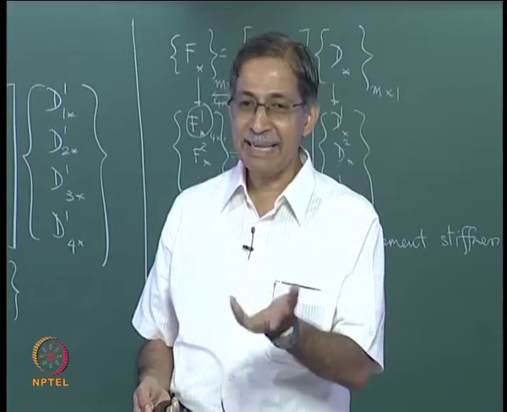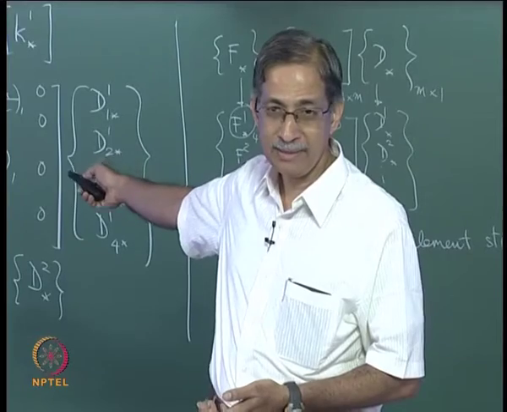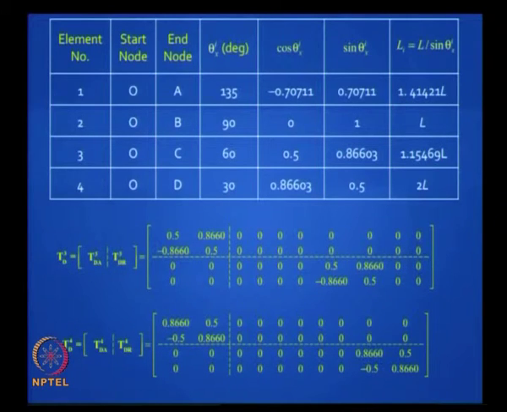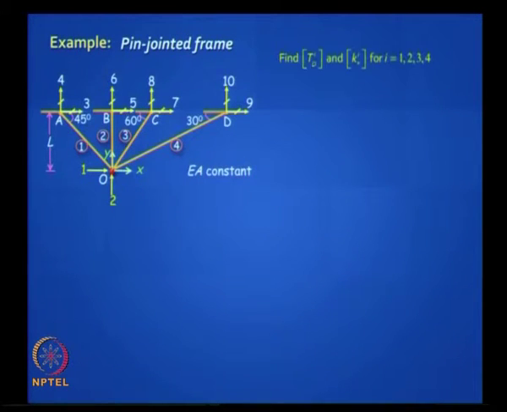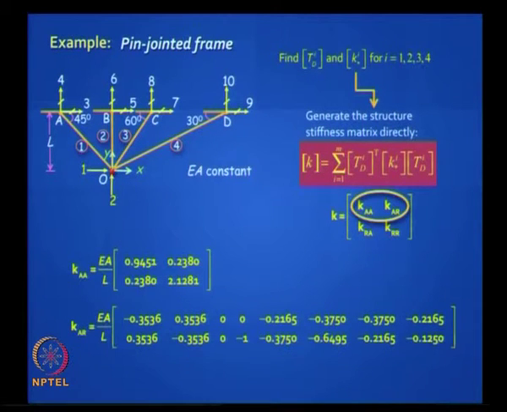K star is very easy, what is it? It is the same, it is this one, right. You can play the game and you can actually work it out, it is very easy to do it, and find TD and Ki as we pointed out, generate this, sum it up, and you will get to exactly the same form, right.